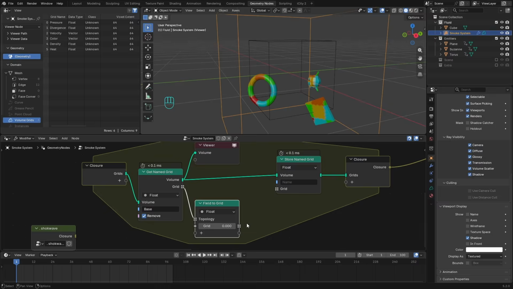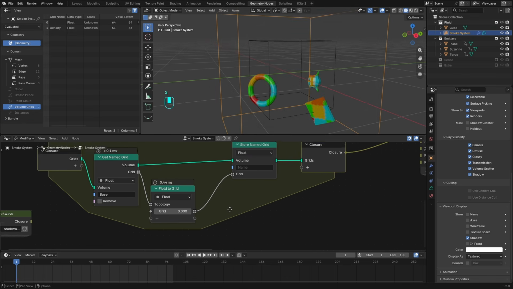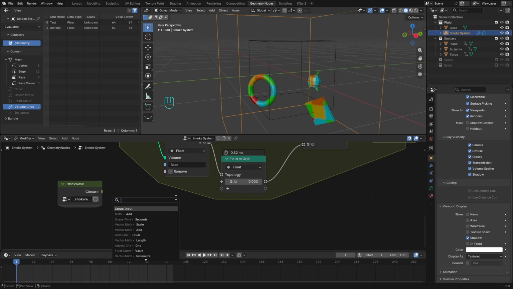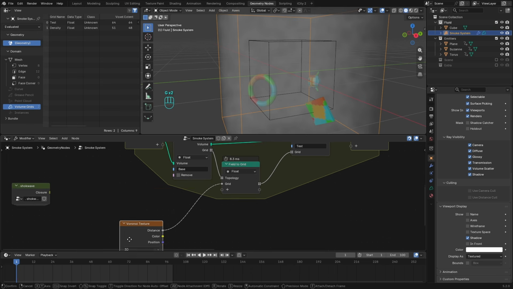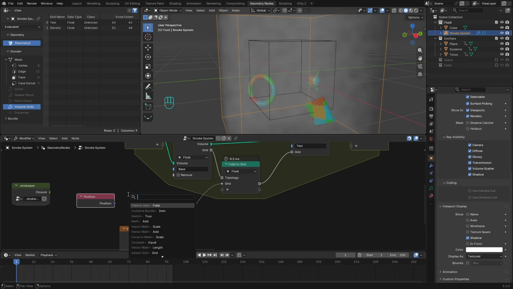I'll use this but not remove it. So now I have a new grid. Let's just name it test, and let's get the distance, maybe not this. I'll add the position, and let's get the length,